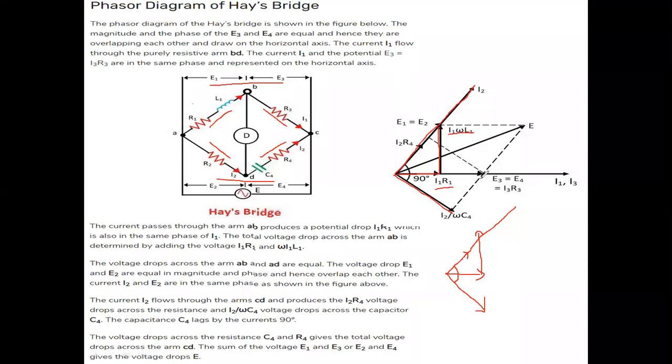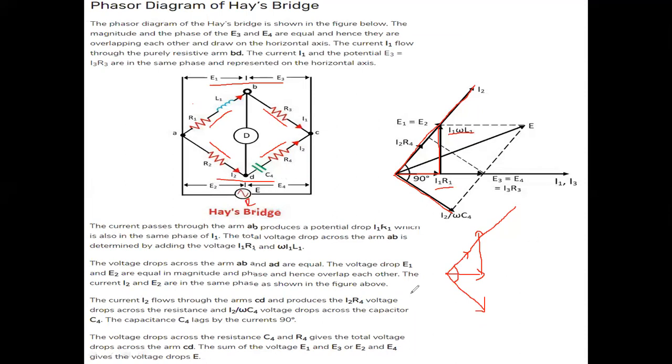In the next step, we see the potential drop. The potential drop across C4 and R4 gives the total voltage drop from C to D. So that's what we calculated. If we see the behavior of voltages, the total EMF is provided by an AC source, and there are voltage drops across the first path, the third path, the second path, and the fourth path.